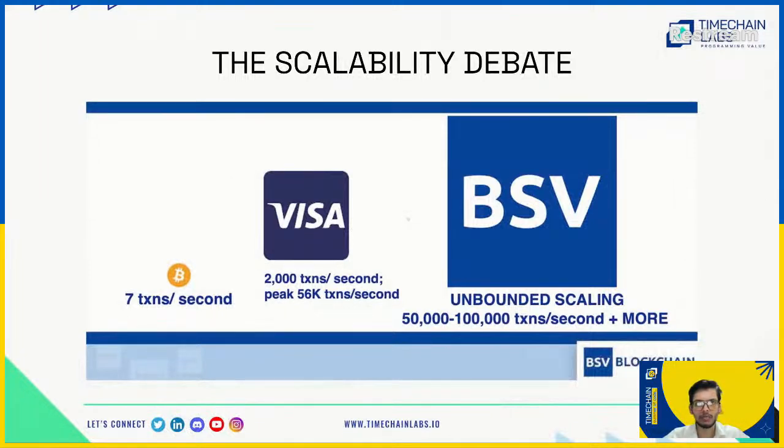The Visa network, which is the card network for payments, processes about 2,000 transactions per second. At peak capacity, it has the capacity to do 56,000 transactions per second. The UPI network also today, with all the transactions that you do daily, has about 2,000 transactions per second. Not capacity, but average transactions happening daily per second. Capacity is again about 60,000 transactions, like Visa.